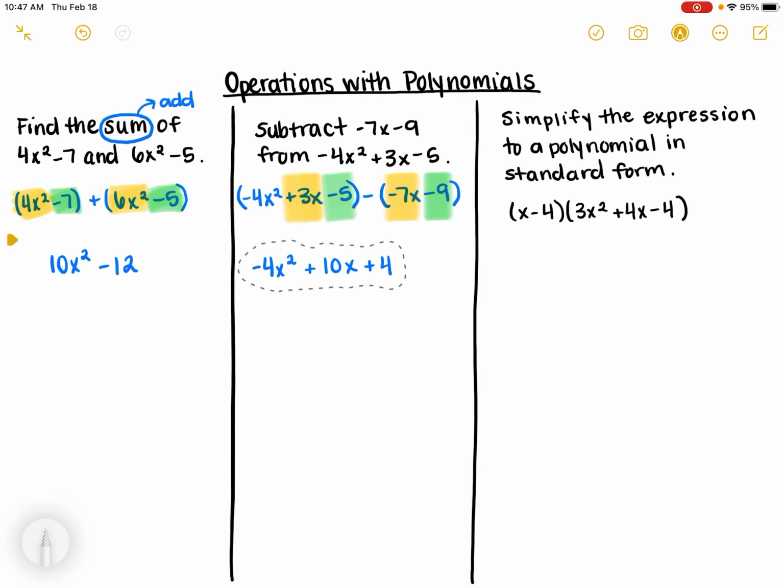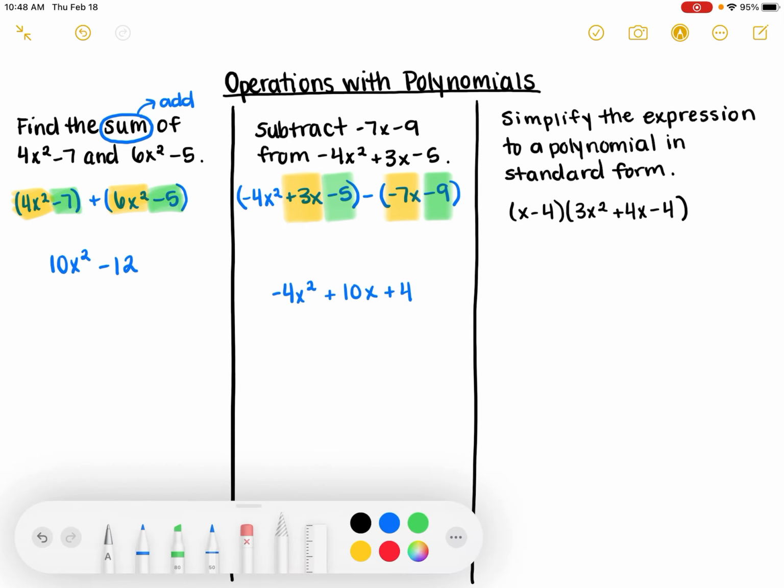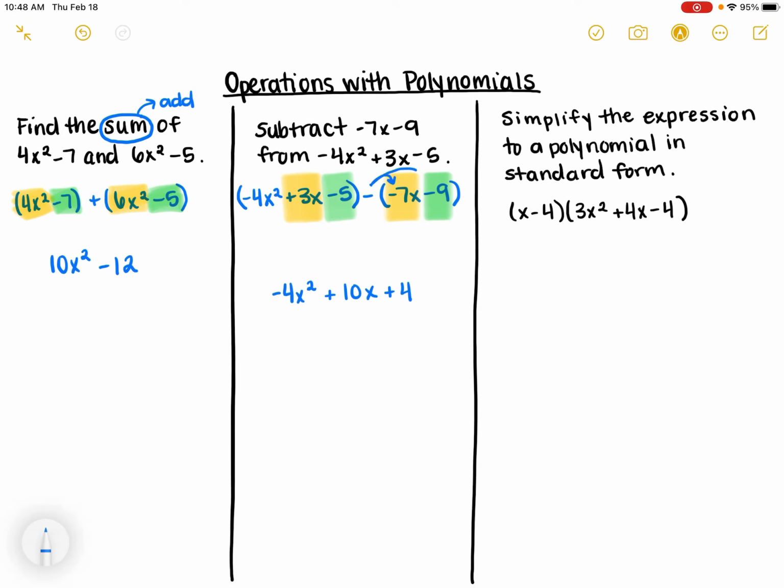It could help you, if you're getting confused with the signs, to add an extra step where you distribute the negative sign to both of these and get rid of all your parentheses, and then just add everything together. So it would be,